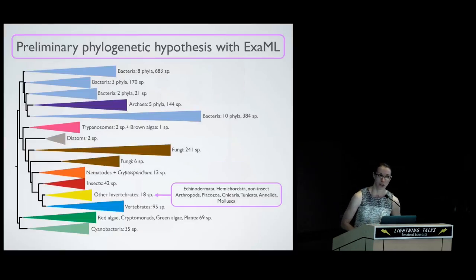So this is the first tree. I was able to run a single maximum likelihood tree in a couple of weeks, and this is brand new data. This is a tree of pretty much everything. What I'd like to point out is that bacteria are not monophyletic, but what's interesting is that the phyla are. I was happy to see that. There are about 1,500 bacteria and archaea species here, and about 500 eukaryotes. Archaea are monophyletic, but you can see eukaryotes are not.